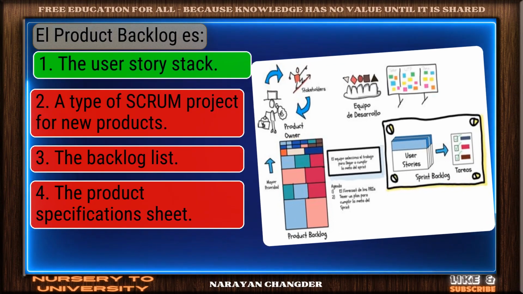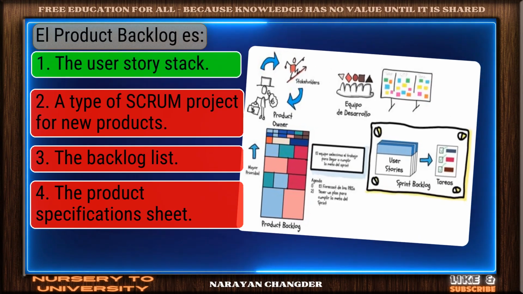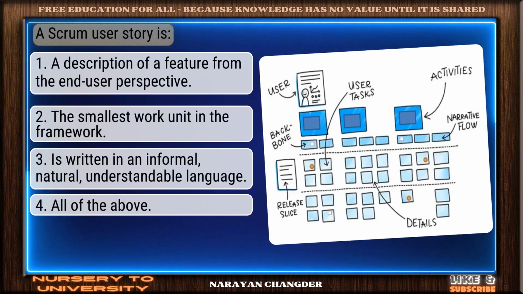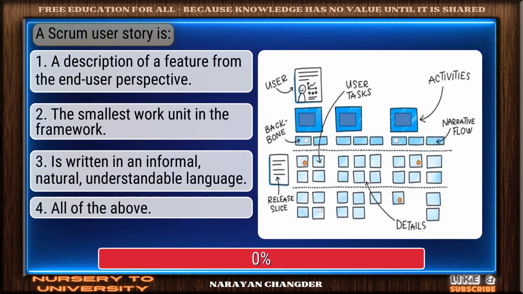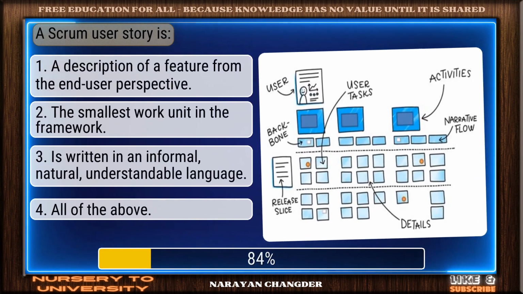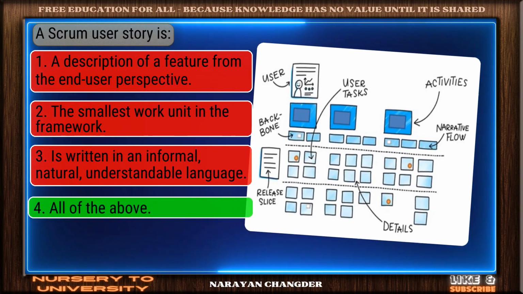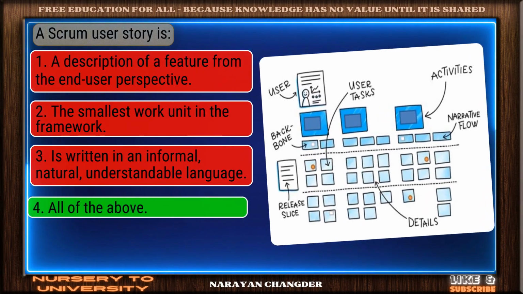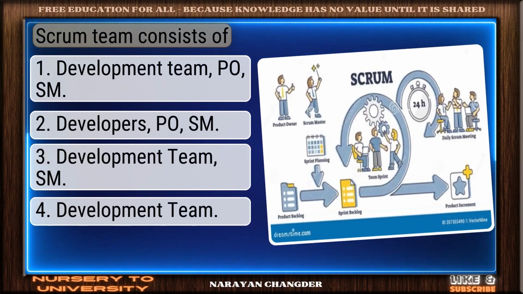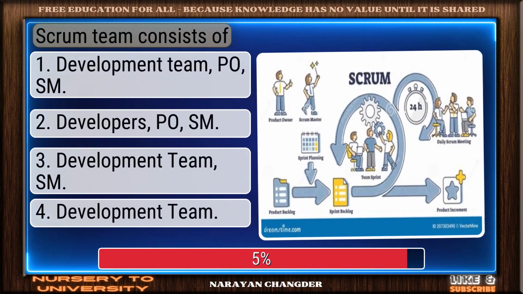On track. The user story stack is the correct answer. Question number 58. A Scrum user story is. Exactly. All of the above makes sense, and it is the right choice. Question number 59. Scrum team consists of